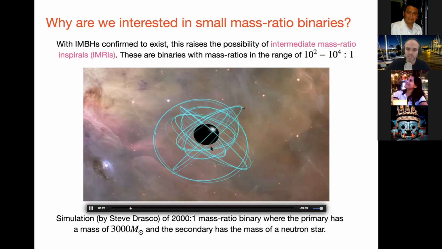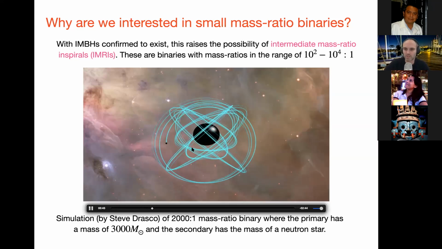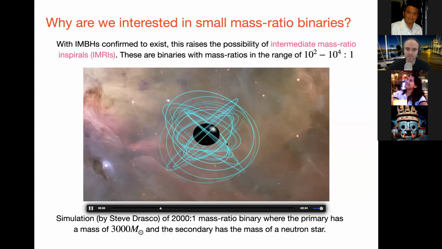And the time scale here is set by this. The primary here is 3,000 solar masses, and the secondary has the mass of a neutron star. You can see from this simulation that the orbital period is something like a second or so, maybe slightly slower. So this isn't the kind of thing you could measure with a ground-based detector, which tends to struggle due to seismic noise below about 10 hertz. Future detectors might get down to 1 hertz. So for these sorts of systems, you're typically talking about building space-based detectors. In particular, you might be looking for a decihertz detector ideally suited to intermediate mass ratio inspirals, or indeed a millihertz detector such as the LISA spacecraft.